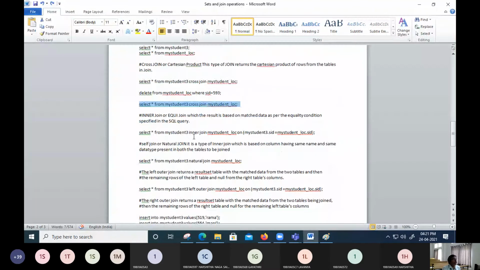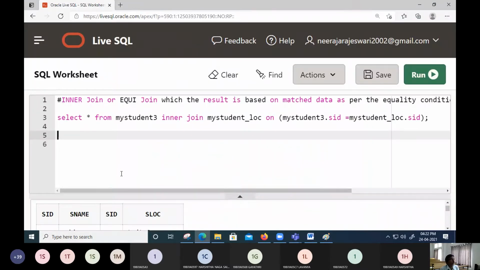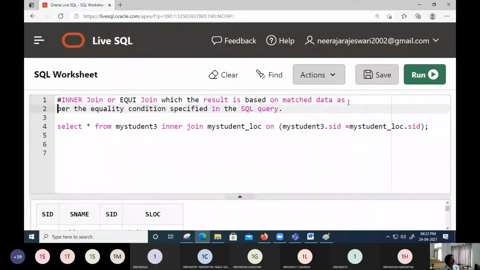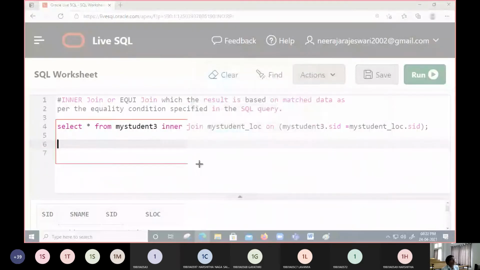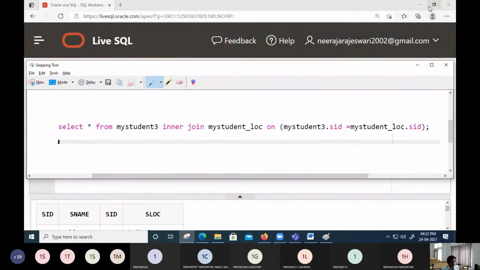Next one, let us talk about equijoin. In equijoin, the record should be common in both the sides. That means you can call equijoin or an inner join the same. And how you are going to implement this equijoin, you can see this query. The query was